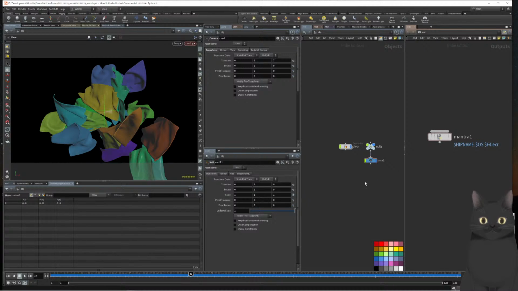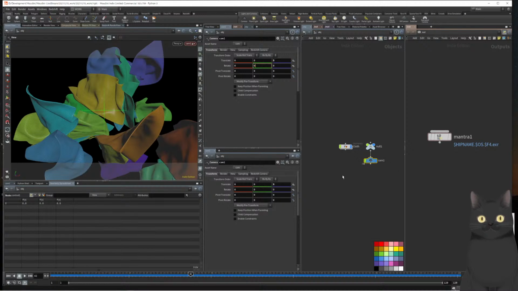I can rotate the null. Okay, and our camera will spin looking at that null. Okay, very simple. Let's even go a little bit closer. Very cool. And now let's put an environment light. Let's pick